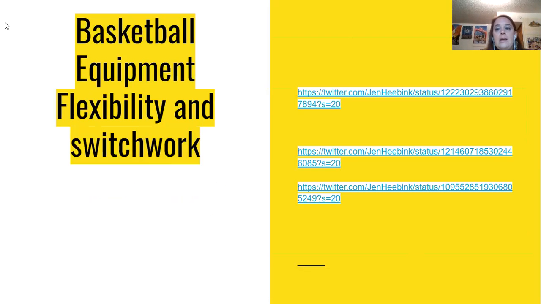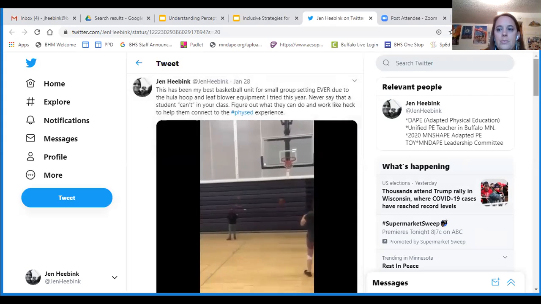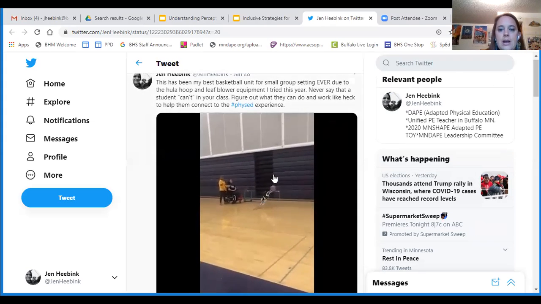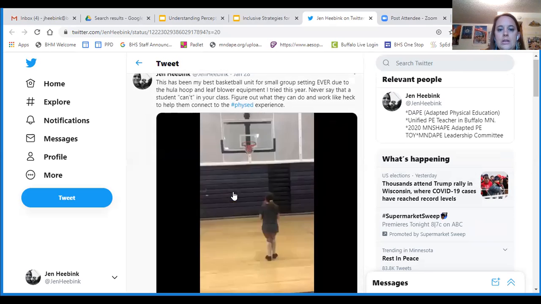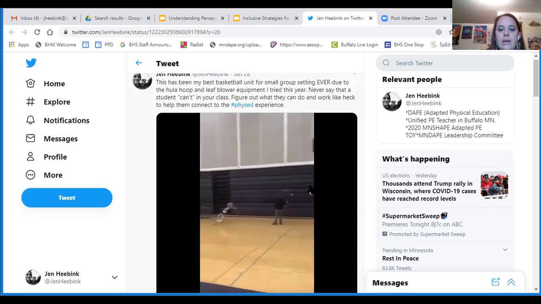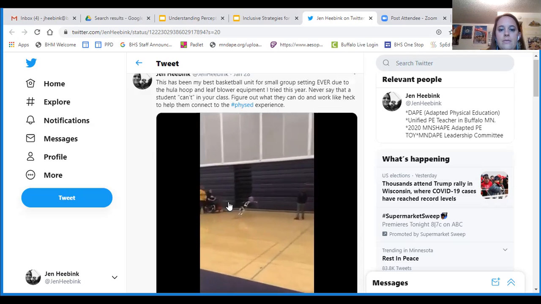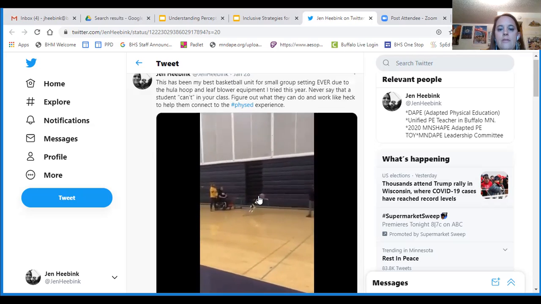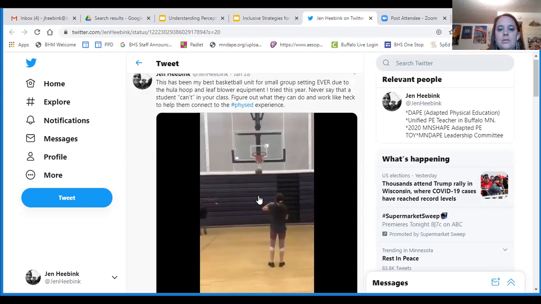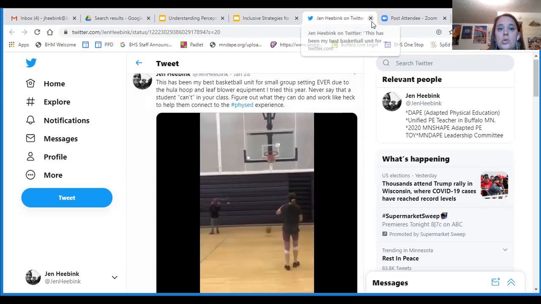So basketball. Okay, I have a couple of tweets, and I'm sorry if there's noise, but this first one, this flexibility with equipment, is one of the small groups in my class. You're going to see the switch set up, and you're going to see the bleachers. I put hula hoops in the bleachers, and this student is using a switch. Here we have our student aiming for the regular hoop, the modified hoop, and our student using the switch, and that's that finger light ball, finger light or feather light, I can't remember. But this is the first time I felt so confident using basketball to teach all students, and using the switch to teach all students. It was so awesome.